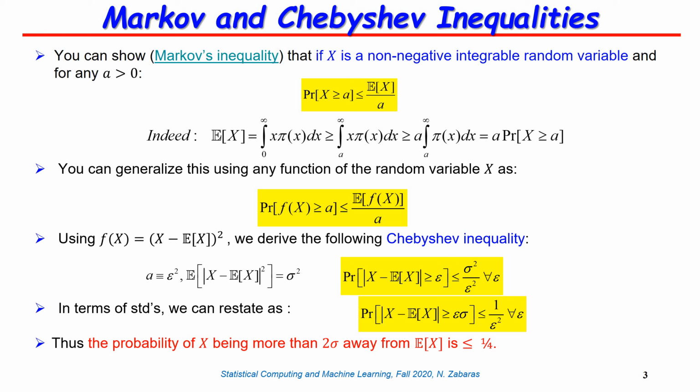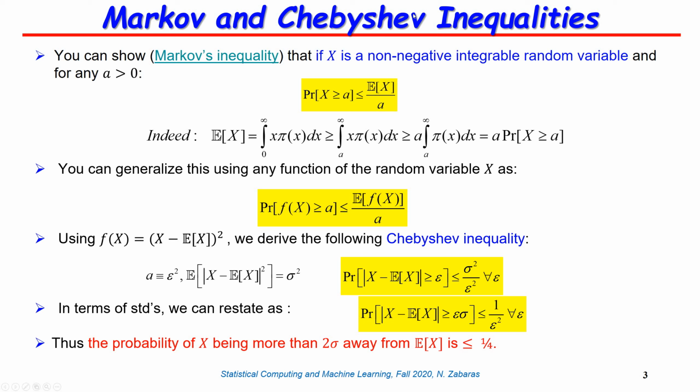Some of those inequalities that you will see in the literature, if you try to use them, there is no guarantee that the bounds you get will be tight, which means a lot of research goes into making these bounds as tight as possible. If you can lower these bounds for these probabilities, even by a small percentage, that is considered a significant advancement in this area, because again, these inequalities are very useful in practice. Okay, so that's all about inequalities.